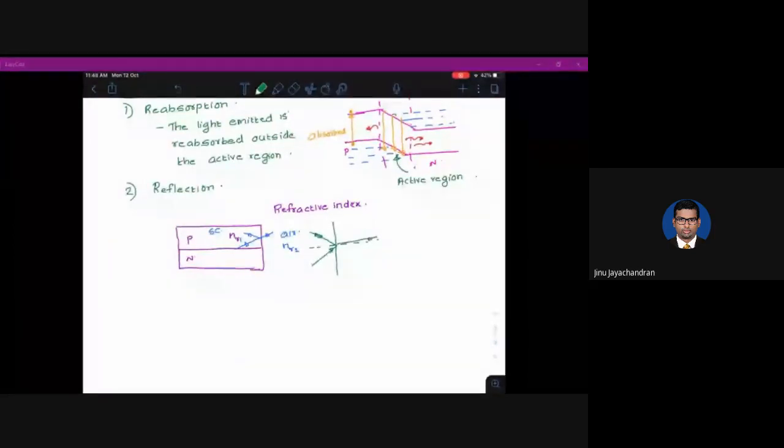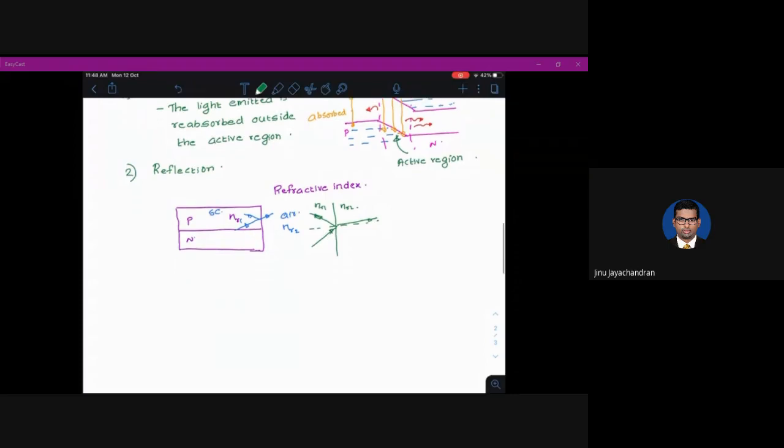Okay. So we also know that, this is NR1 and NR2. The quantity which will define how much of the light will get reflected is the reflection coefficient R, which is N1 cos theta 1 minus N2 cos theta 2 by N1 cos theta 1 plus N2 cos theta 2. This is for one particular polarization. So this is the amplitude of how much percentage of light. How much energy of the light is reflected, R is basically mod R square. So this is the amount of energy reflected.